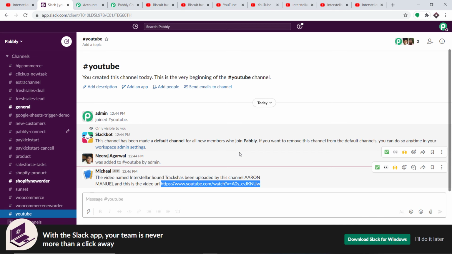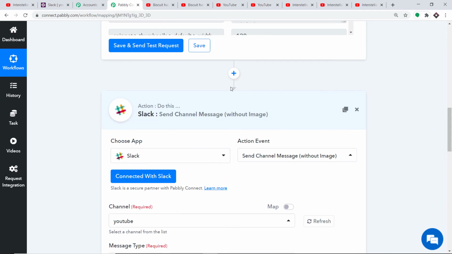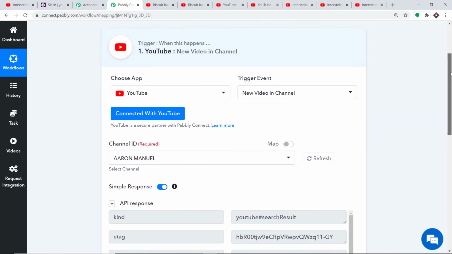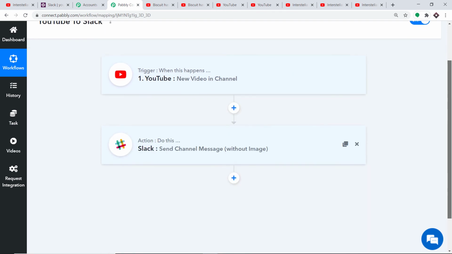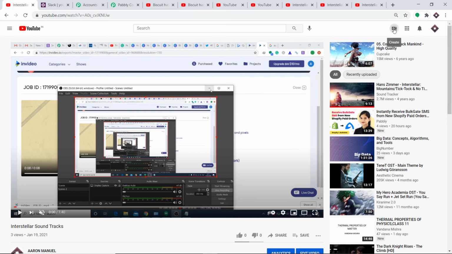But before we do that, let me show you the whole gist of the process. So I'm going back to Pabbly Connect and I'm minimizing my action window. And I have also minimized my trigger window. Okay, so basically this is the whole process in a nutshell. First you integrated YouTube to Pabbly Connect and then you integrated Pabbly Connect to Slack. So now there's a perfect flow of data between YouTube and Slack. Excellent. So to double check the integration, how about I upload one more video. So I'm just going to upload one more video in my YouTube channel.